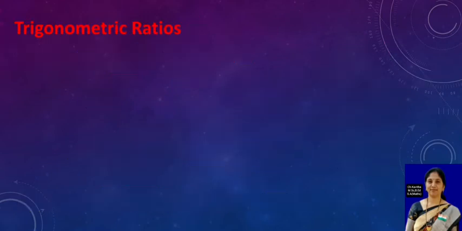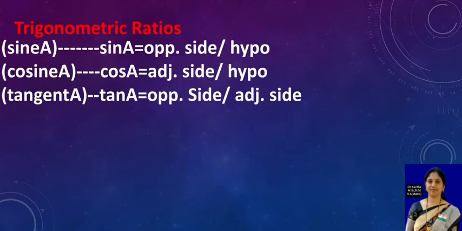So first trigonometric ratio we defined, that is sine A. Sine A is equal to opposite side, here I am writing only opposite side, that means opposite side to angle A, you have to assume, opposite side to angle A by hypotenuse. And cosine A, shortly we can write cos A. While writing, we use cos A. Its full form is cosine A. We can call it cos A also. Cos A is equal to adjacent side of angle A by hypotenuse. And tangent A, simply we can write tan A.